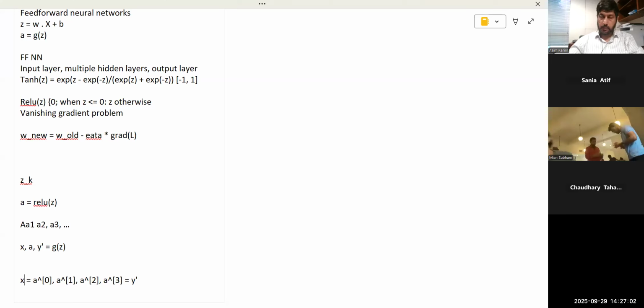ये g activation function है। So do you understand the notation here? So input हमारे पास x है, but if you use consistent notation आप इसको a raise a 0 कह सकते हैं। जो हिडन लेयर, पहली हिडन लेयर a1 होगी उसकी एक्टिवेशंस, second hidden layer A2 and so on until the final layer which is let's say in this case A3, और वो आपका आउटपुट होगी y prime और y hat, whatever you want to call it, ठीक है।